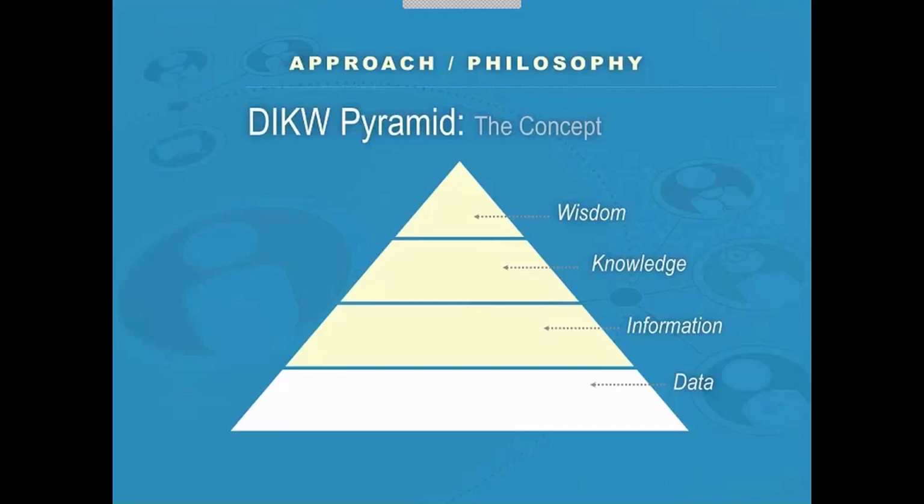So data is the base of the pyramid. It is the foundation of your situation analysis or market brief. This is the state data that you use to create your market share or the demographic data or your internal patient data. It's just data. It doesn't really mean anything by itself until you do something with it. So information is created by organizing and structuring that data so that it makes sense. So you put it into tables with percentages, you graph it, you make a map of it, you do an infographic. So you're taking that data and turning it into information.